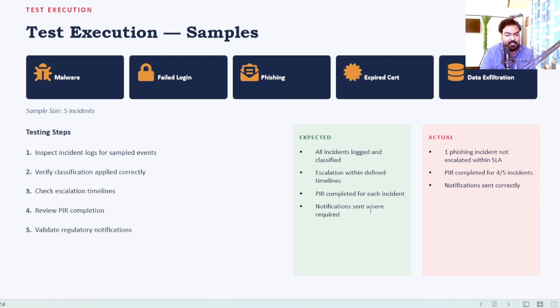Here's what we expect versus what we actually found. Expected: all incidents logged and classified, escalation within defined timelines, PIR completed for every incident, notification sent where required. Actual